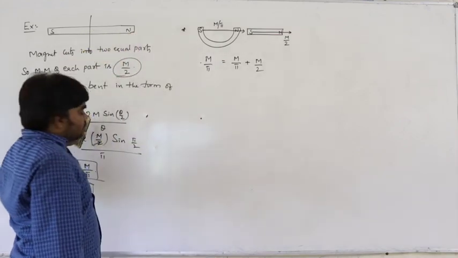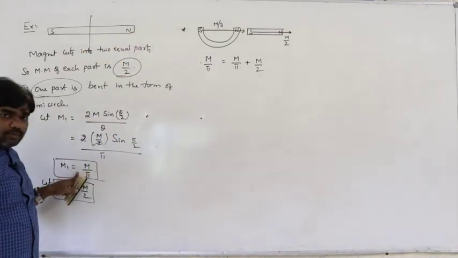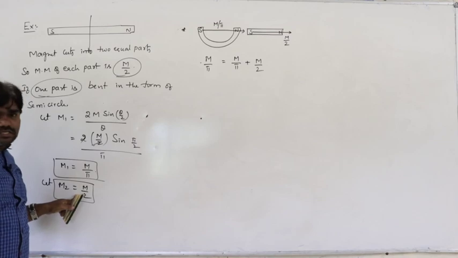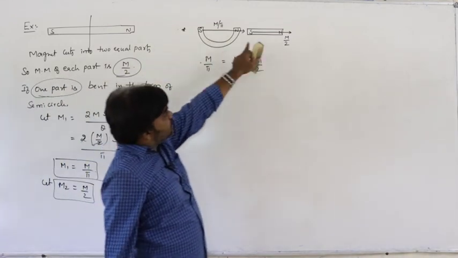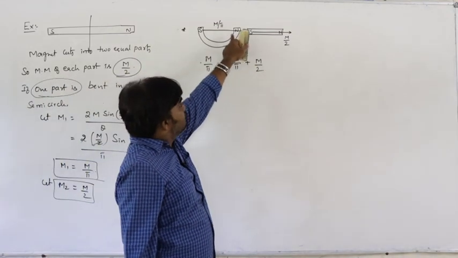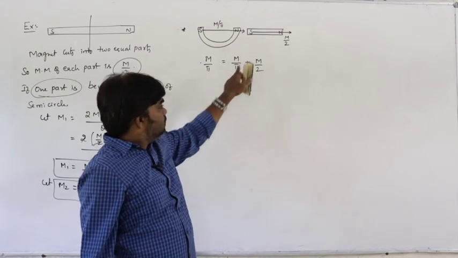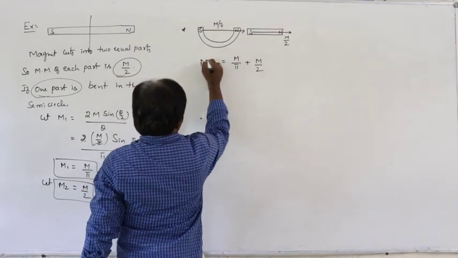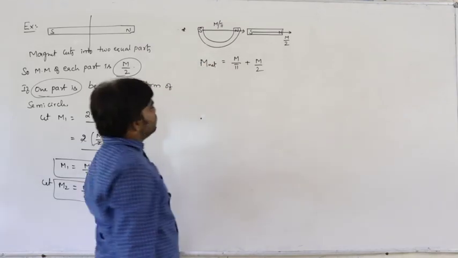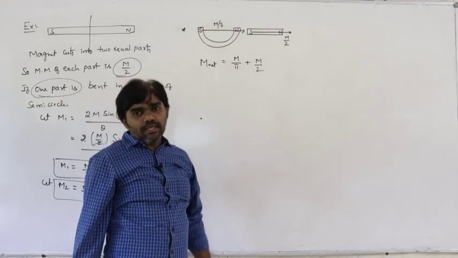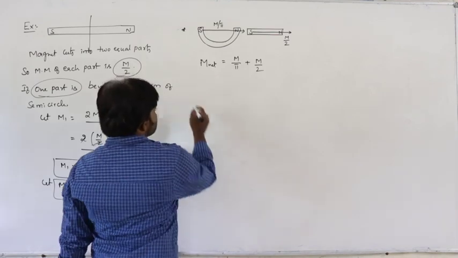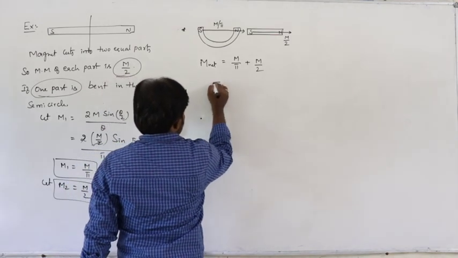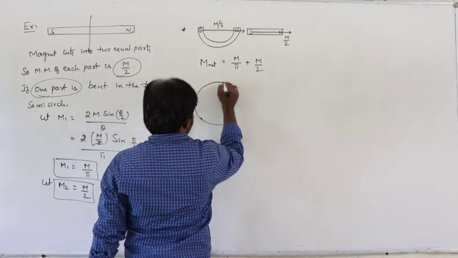One part is bent in the form of a semicircle, so its magnetic moment becomes m by pi, and the other part is m by 2. If those two parts are arranged like this, then the net magnetic moment m net is equal to m by pi plus m by 2. So, in the next case, for example, these two parts are arranged differently,